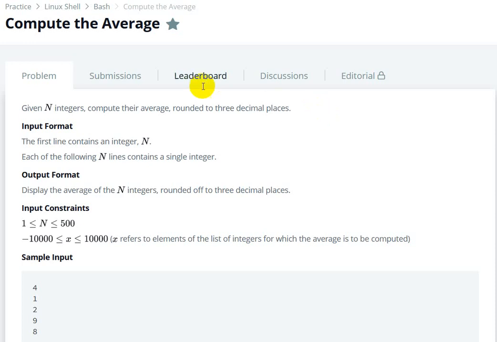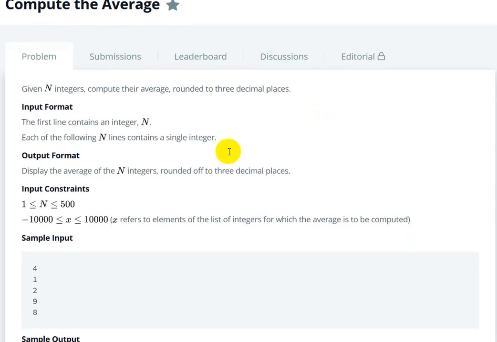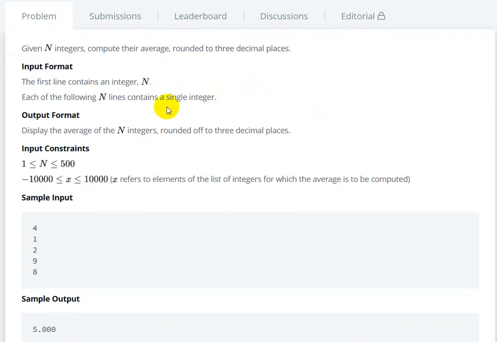Hello everyone. So today we are going to see this question, compute the average question in Linux Shell on HackerRank. Here what you have to do: given n integers, compute their average and round it to 3 decimal places. Input format: the first line contains the integer n,